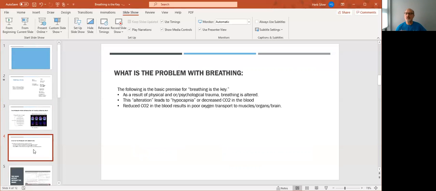So how does it become a problem? I'm sort of mixing up a little bit here, but what we find and what we'll discuss in a minute is that the reason why we alter our breathing is due to some sort of physical or psychological trauma. Just imagine someone scares you and you have a startle reflex, you gasp, you hold your breath, you alter your breathing patterns. Well, if that's a transient event, it's a transient event. But what if you have ongoing pain? What if you have ongoing psychological distress, ongoing anxiety? Your breathing patterns become altered.